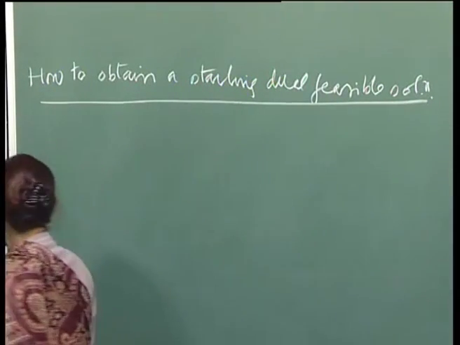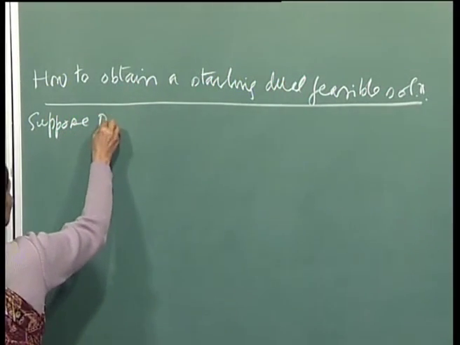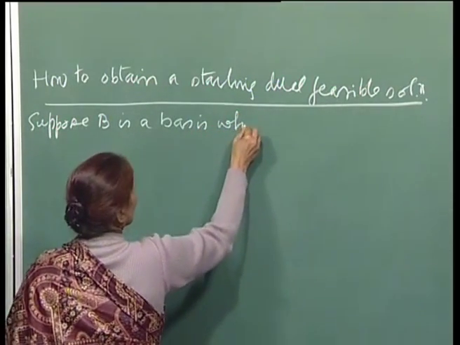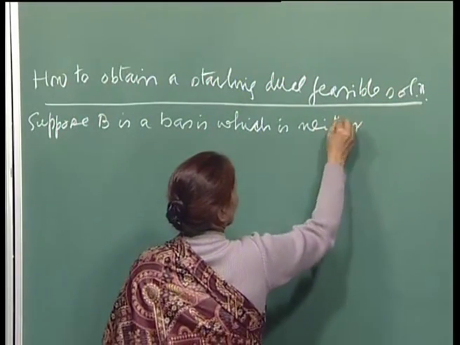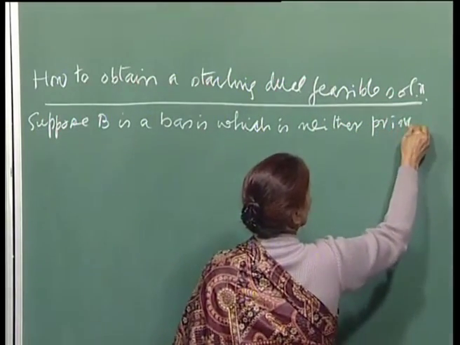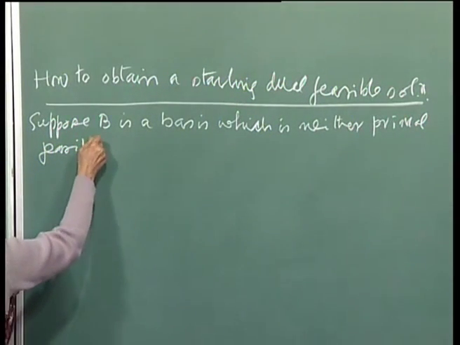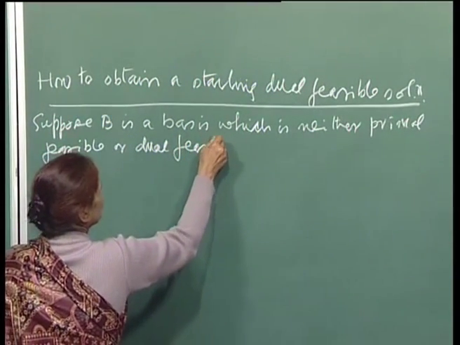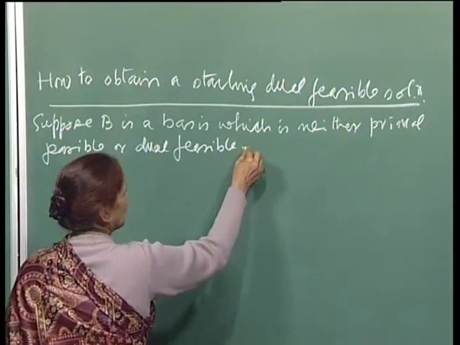Fine. So, suppose I have a basis B which is neither primal feasible nor dual feasible. Let me make a tableau representation. We will just assume, because it makes the representation of the tableau very simple, that the first